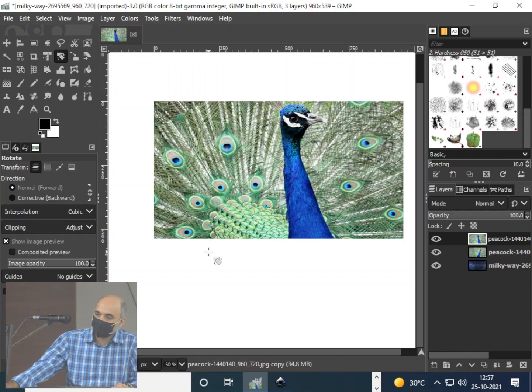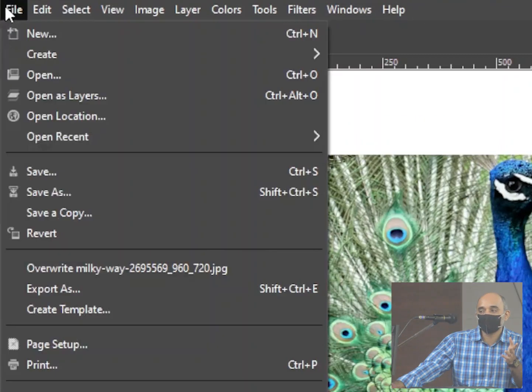Yeah. You can turn it, you can do whatever you want on it. The best part is it works only on that particular layer. Second important thing is it doesn't change the original image. Okay, suppose I say Control S to save. All of you know, right? Control S is to save. Control S will not overwrite that image, it will create a new file. You can try this out, try saving it.